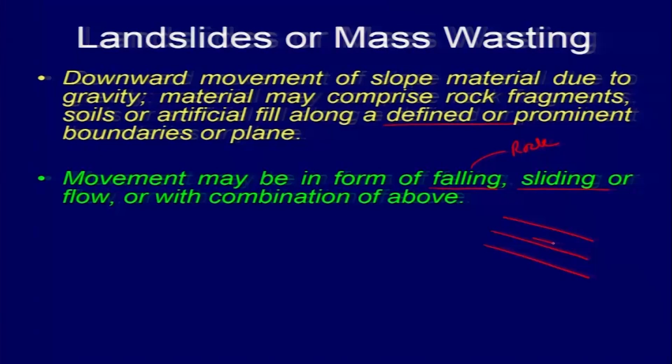So movement can occur along these joints or the bedding planes. Joints will be either vertical, but that again will be very important because that will affect the shear strength of the material. So either fractures or joints in the succession,